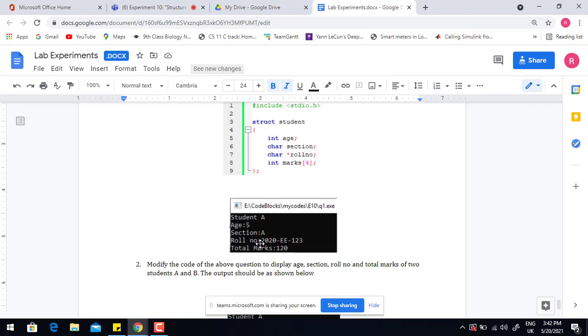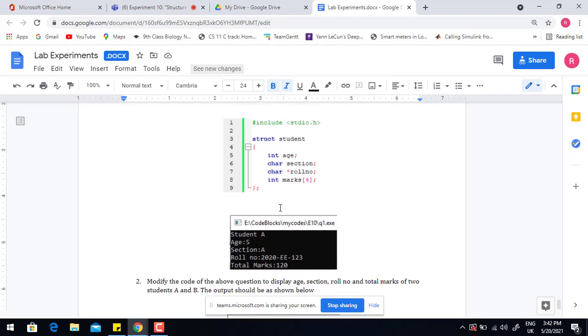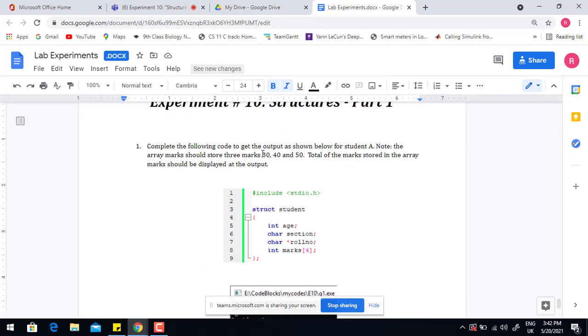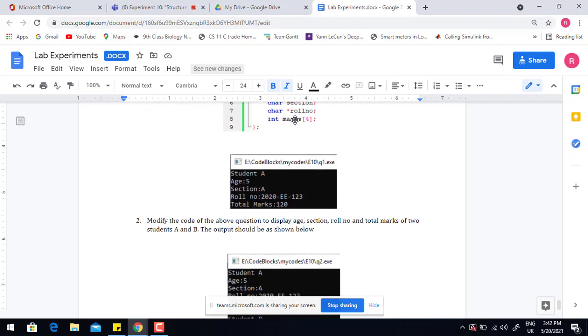Then you have to store roll number 2020 EE 123 or any roll number of your choice in this member of this structure and display it. And then you have to store 3 marks or 3 scores 30, 40, and 50 in marks array, with the fourth element being the null character.